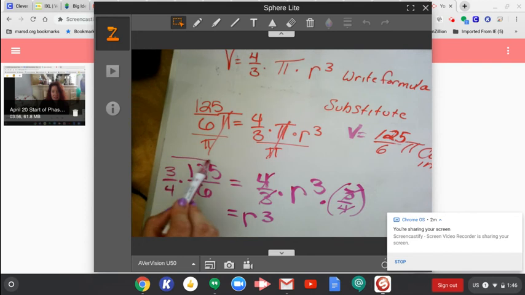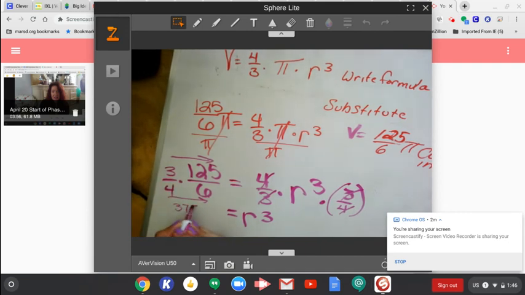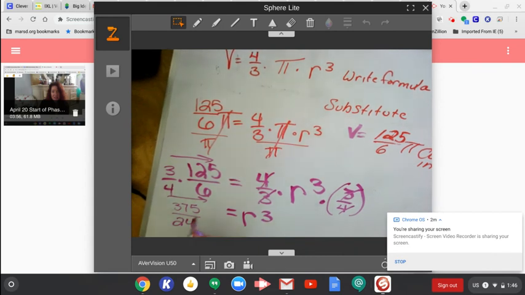Okay, so now if you can recall back from, I guess, 6th grade, to multiply fractions, you just multiply straight across. So you're going to do 3 times 125, 375, 4 times 6, 24. Okay, now I can't take the cubed root of either number, so I'm going to simplify this and estimate the radius. So I'm going to do 375 divided by 24, and I'm going to get an estimate,